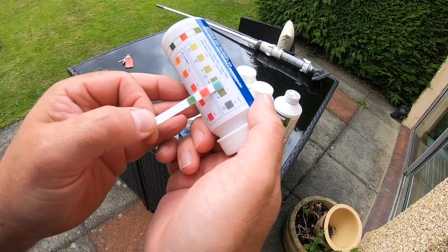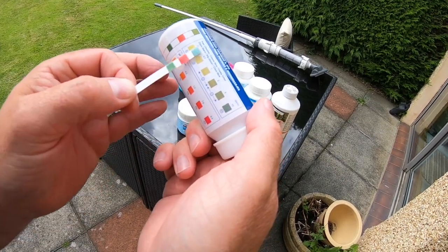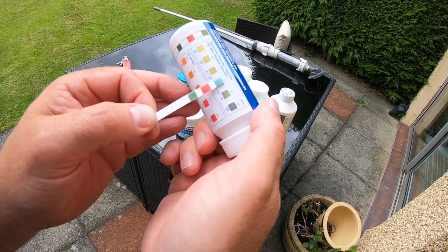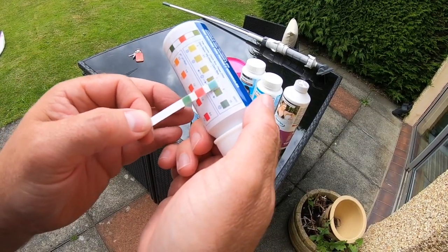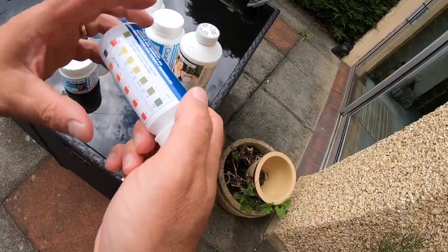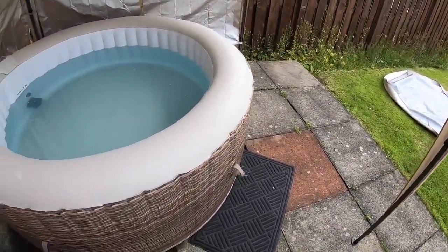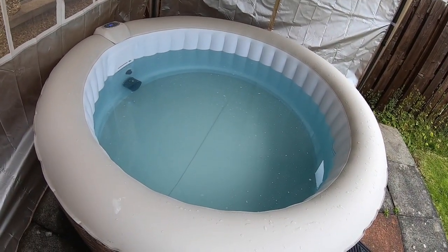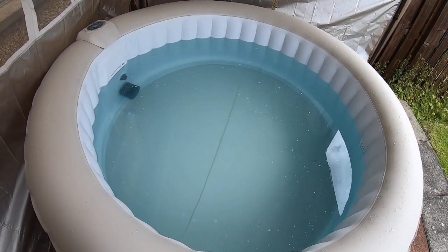So to be honest with you, I've never been able to get the shade right anywhere in here, even if it's low. It never seems to shade correctly. I've probably got it pretty high, which I'm okay with, because I know at least the water's nice and clean. What you'll find is, if you let these get out of control, your water could be green, not looking very nice, but I think the water's nice and clear, and you have to keep on top of